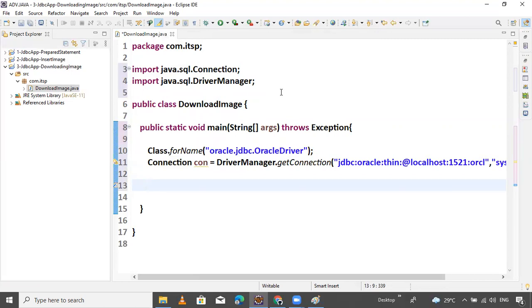Now here you can prepare a statement. Otherwise you can prepare it next, but I want to prepare it here. Prepared statement. First you prepare one query, whatever you want. I want to get the data from the database. Image purpose, image column. We get only image data, right? We get only image data. So we write